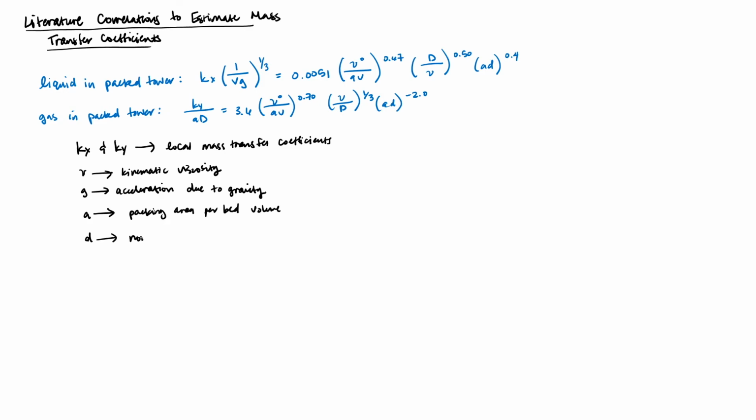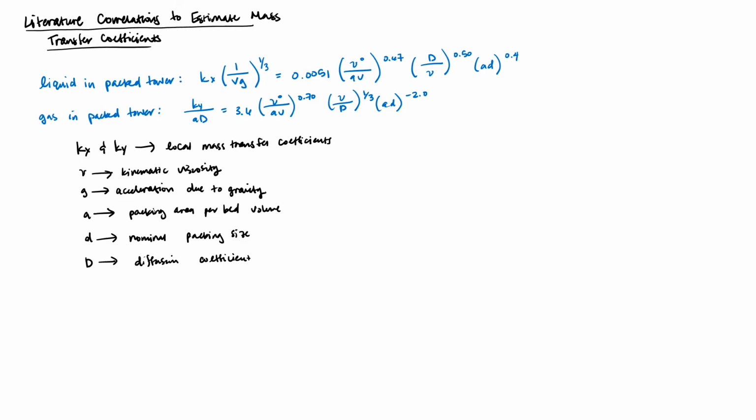Lowercase d is the nominal packing size, which has units of meters. D represents the diffusivity coefficient of ammonia into water and has units of meters squared per second. Because of the way these units cancel out, the value of the mass transfer coefficient is in units